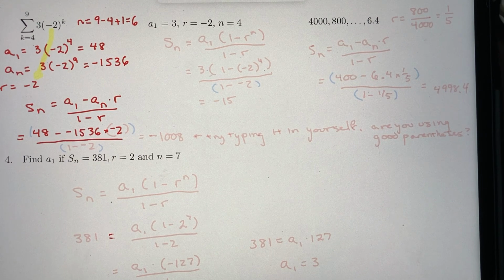Be careful with your minus signs. Strongly suggest putting negative numbers in parentheses. And when you're typing it in, type it in with parentheses around the top and parentheses around the bottom, or simplify the top and bottom separately. Either way, make sure you type this in